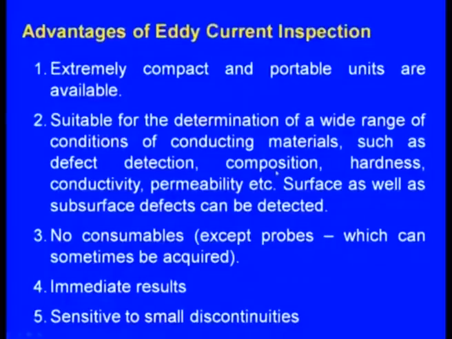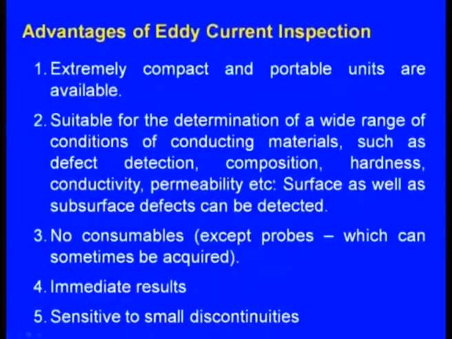Composition. The generation of the eddy current will depend on the composition. In a particular cast specimen, if there is an extreme change in the composition, even in such a case the output of the eddy current will be different. Then we can know that there is a change in the composition, and also when the hardness is changing abruptly at a particular place, then also the amount of eddy current that is flowing through the secondary coil will be different.